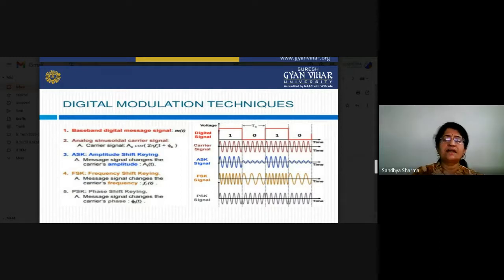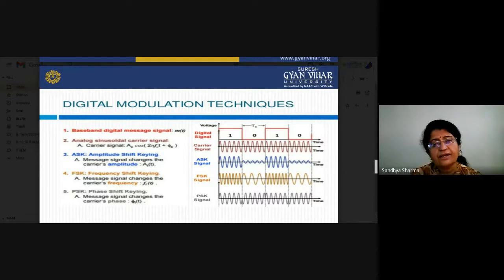One type of frequency will carry the signal of 1, and another type of frequency, f2, is the lower frequency. So we are working with two types of frequency: high frequency and low frequency signals. High frequency signals carry the signal of 1, and a low frequency indicates that we are transmitting the 0. So that is basically FSK: in FSK we work with two frequencies, f1 and f2, and both are responsible for transmitting either the 1 or 0 signals.